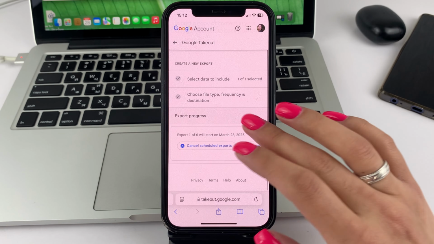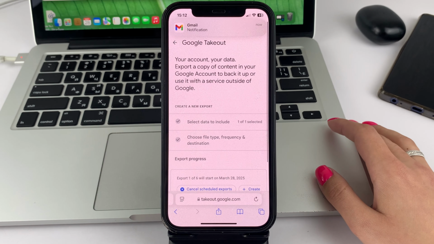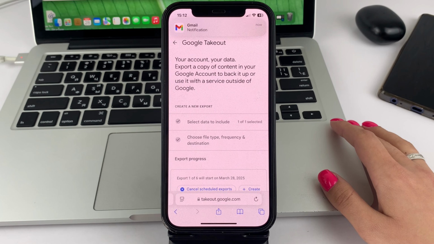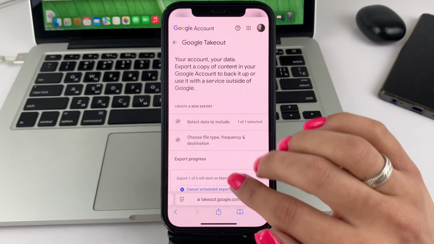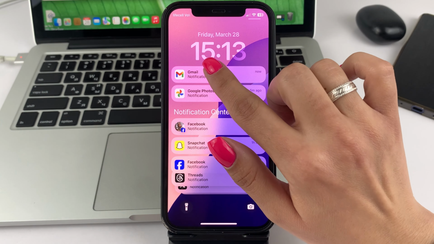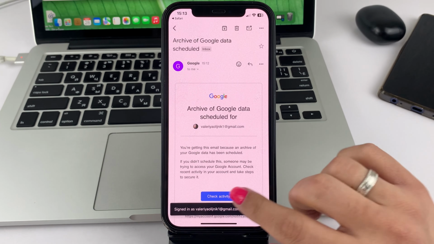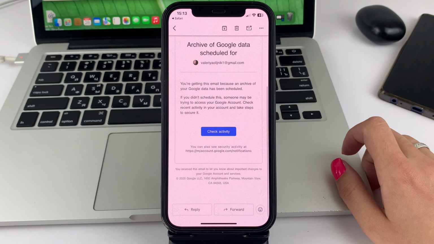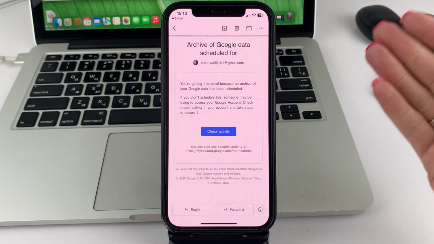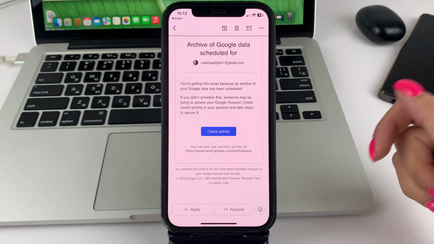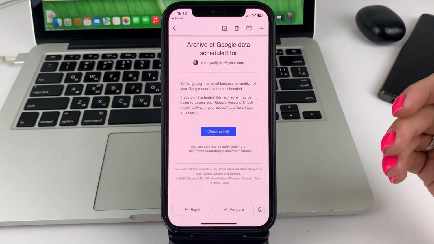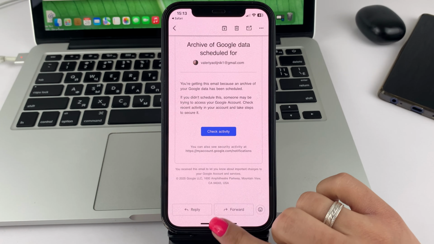After that, just follow the various instructions that you will see on your screen in order to further download such photos from Google Photos. As you can see, you may get an email on your Gmail, after which you need to activate your Google account on another device and just download the photos that you have previously prepared. This is the way you will be able to download all the photos from Google Photos.